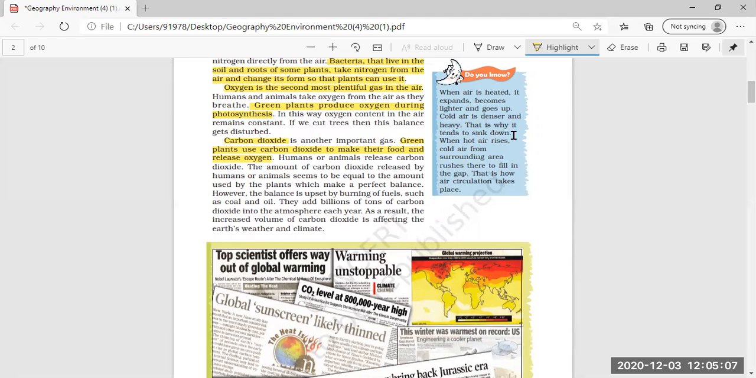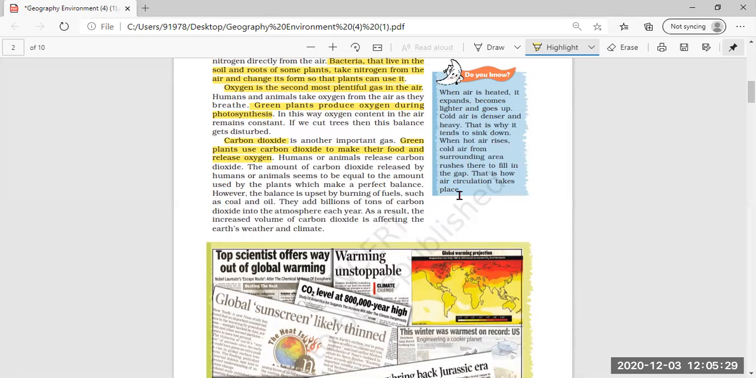Cold air is denser and heavy, very thick and heavy. That is why it tends to sink down. That is why it remains down only. When hot air rises, cold air from the surrounding area rushes there to fill the gap, and that is how